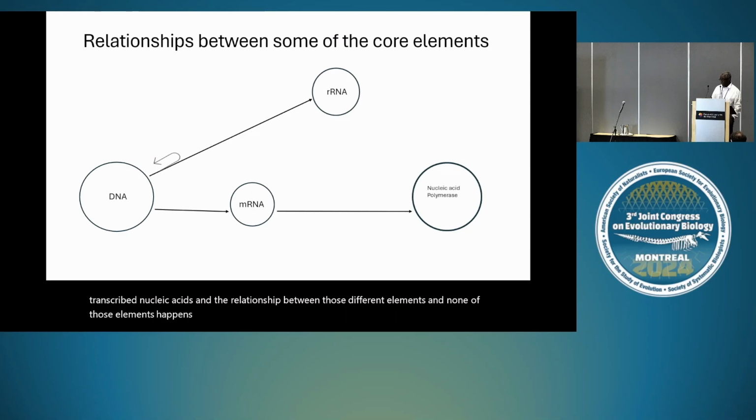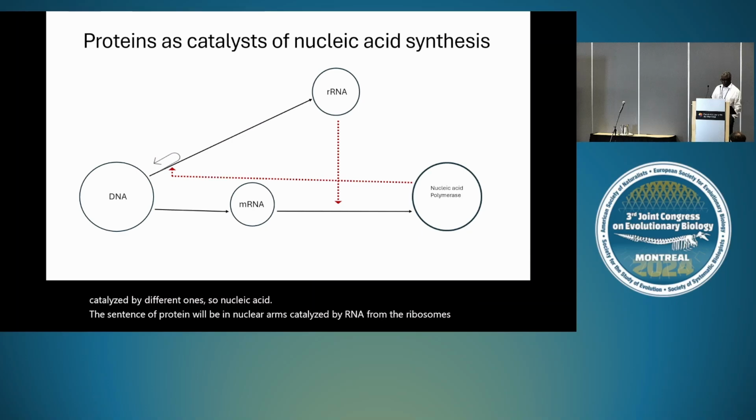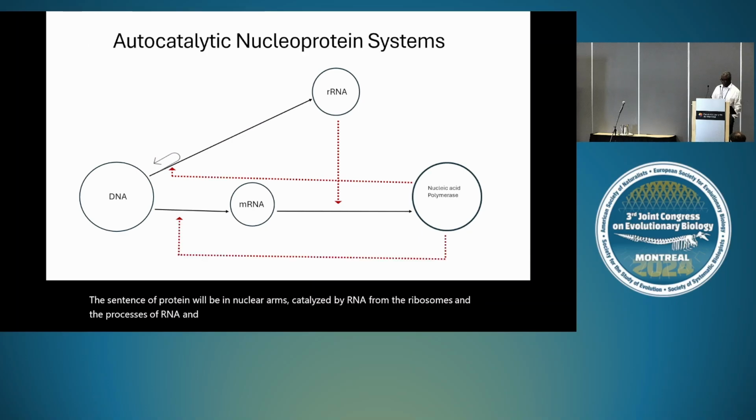They are all catalyzed, and each element is always catalyzed by a different one. So the synthesis of protein will be catalyzed by RNA from the ribosomes, and the processes of RNA and DNA are going to be catalyzed by protein, and that makes a circuit. And